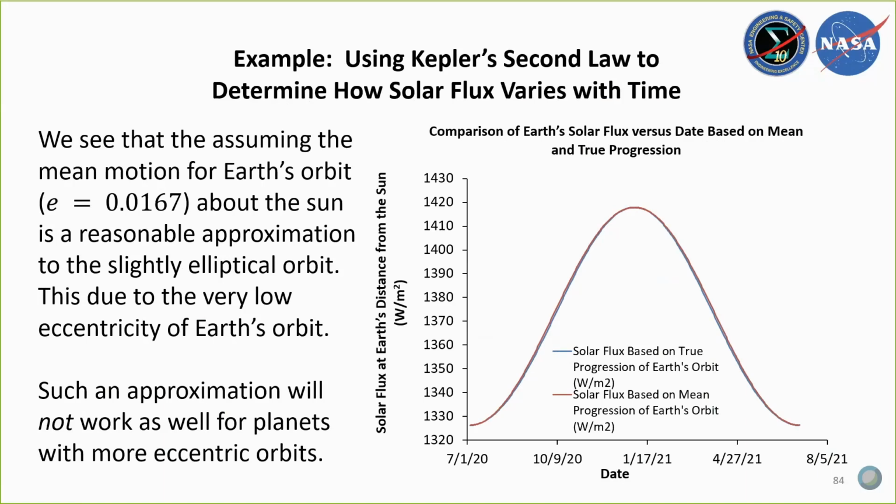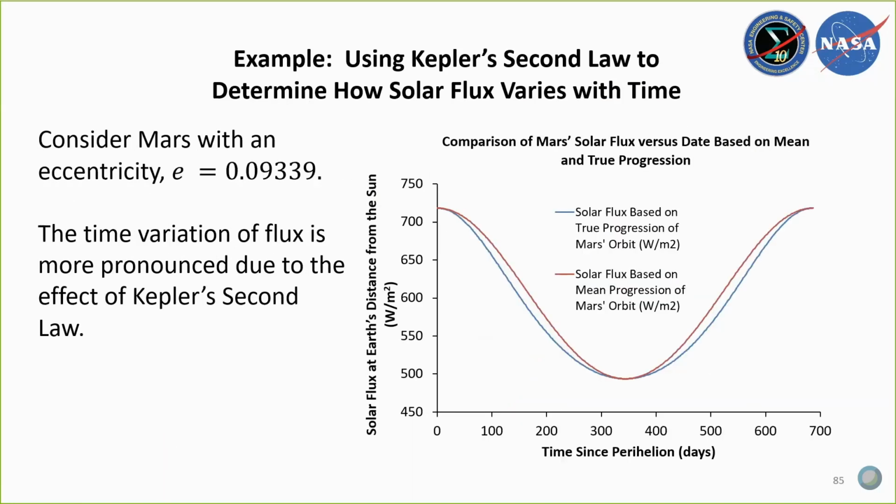So what I did here is I calculated the solar flux progression with time as Earth moves around the sun. And the good news here is that even for Earth, with an eccentricity of about 0.0167, the approximation is not too bad. As a matter of fact, the curves are almost on top of one another. The blue curve represents the solar flux based on the true progression of Earth's orbit about the sun, whereas the red one is based on the mean progression. So if you were doing analysis, that's probably not a terrible difference,